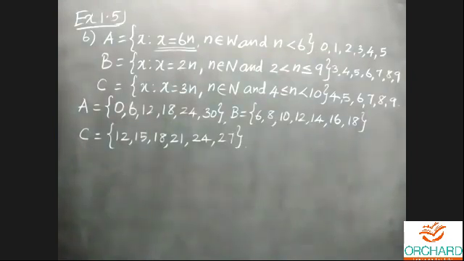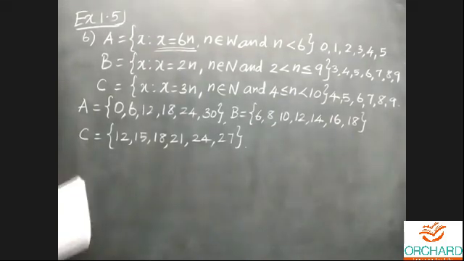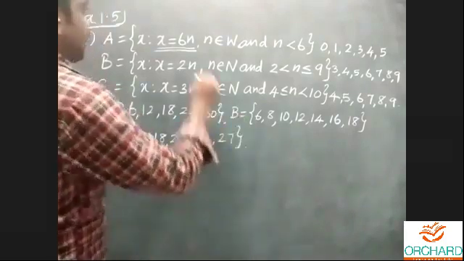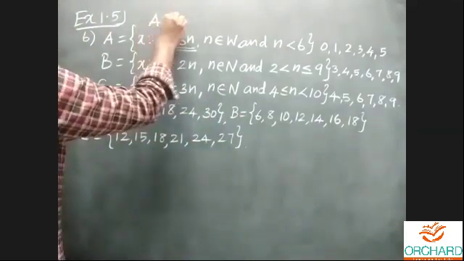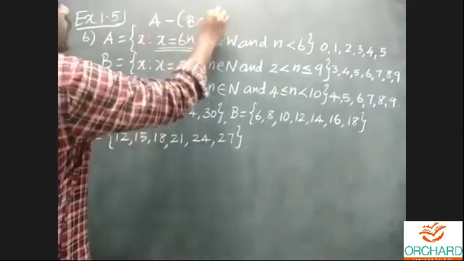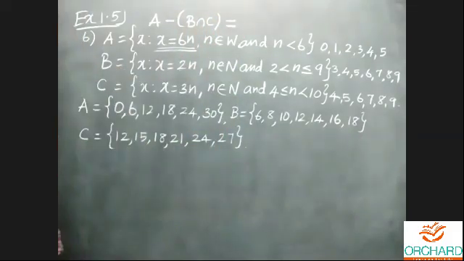Here we'll do the problem by the De Morgan law of set difference. A difference, B intersection C. Then we can show that. I'll write the De Morgan law on the top: A difference, B intersection C, which is equal to